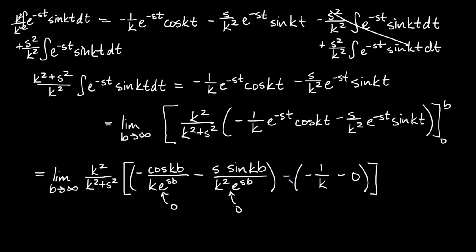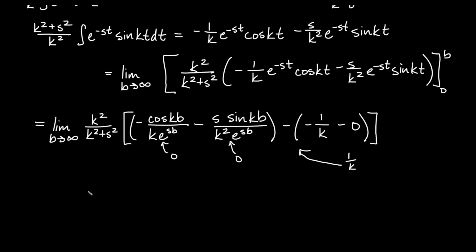And then we really just get minus negative 1 over k, so everything in the brackets is actually just 1 over k. If we simplify this, we get k squared times k squared plus s squared times 1 over k. If I reduce one copy of k squared with this k term down here, and I write this in a different order on the bottom, we get k over s squared plus k squared